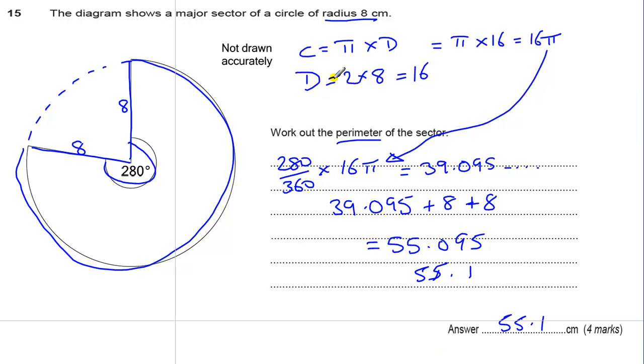Where do we get the marks? Well, like I said, there's 1 mark for working out this value. It could be 16 pi or whatever the decimal equivalent of that is. There's always a mark for working out this whole circle. So if you do an area, if you work out the area of the whole circle, that'll give you a method mark. And then there's the mark for knowing that you've got to times your whole one by the fraction, and getting this answer as a mark. So there's a method mark there, there's this method mark here, there's this answer mark here, and then there's the extra one for getting to the final answer,